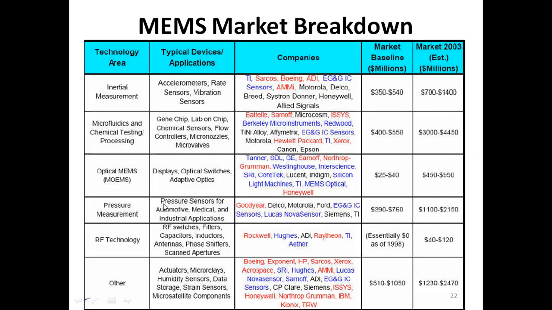Pressure measurements, pressure sensors for automobile, medical, and industrial applications. And the popular companies or well-known companies who are producing that. RF technology. We have RF switches, filters, capacitors, inductors, antennas, phase shifters, scanned apertures, and these are the companies who are doing that. In others, we have actuators, micro relays, humidity sensors, data storage, strain sensors, micro satellite components, and the